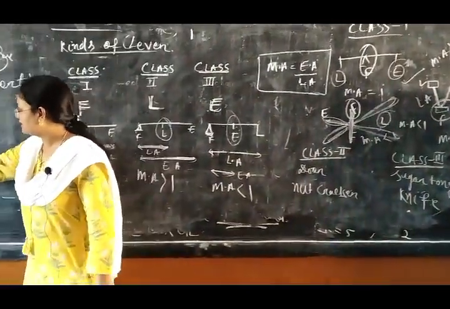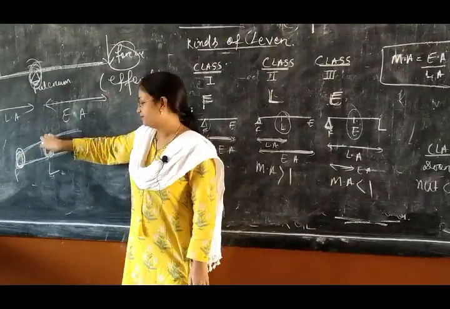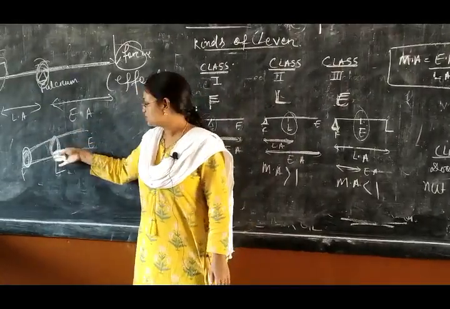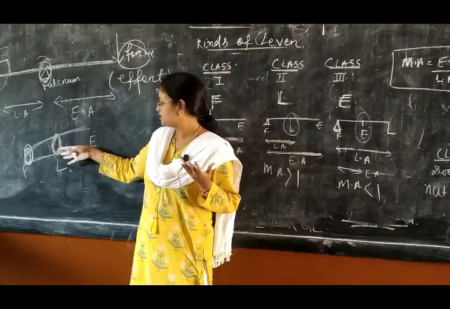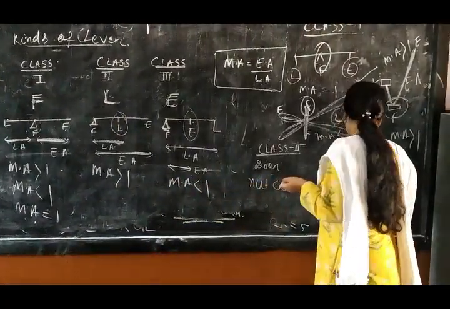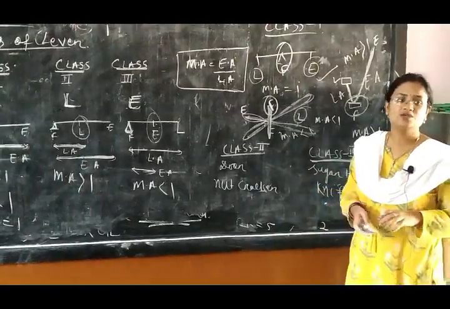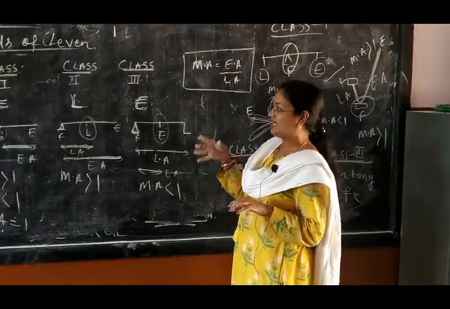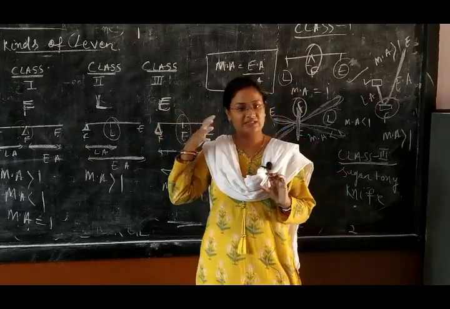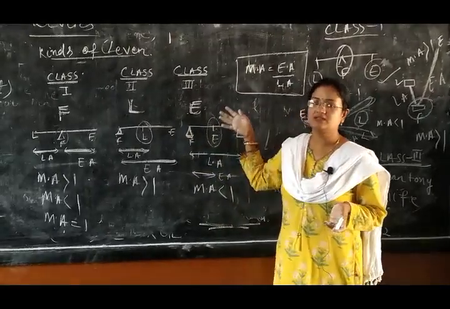And the nutcracker also, you can see. Suppose this one is the fulcrum, and here you put one nut, and if you apply force here, effort like this, then it will crack. So the nut is the load, this is the fulcrum, this is the effort. Similarly class 3 levers are the knife and sugar tongs. So by seeing the position of fulcrum, load and effort, you can identify which class of lever it is, class 1, class 2 or class 3, and this is the easy way to remember the levers.